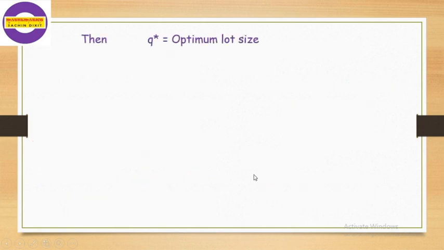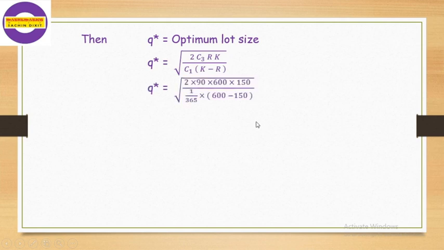So the value of Q star, that is the optimum lot size, is given by Q star is equal to the square root of 2 C3 R K divided by C1 into (K minus R). Now just substitute the values and simplify these numeric calculations. We get the value of Q star as 3624.9137, which is approximately